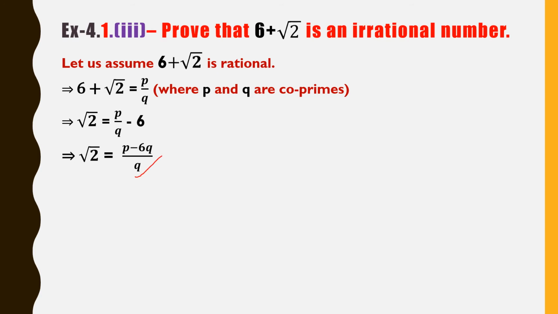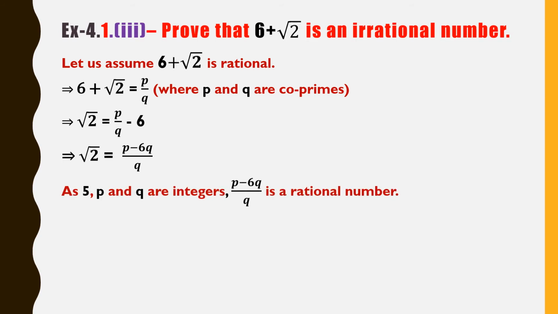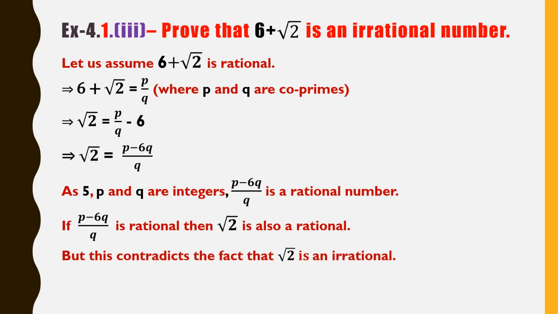Now we can say these three are integers. When these three are integers, this will be a rational. So it should be also rational. Same steps. If you are perfect with one problem, the related problem is also with the same steps only. Okay. So it is also a rational number, but this contradicts the fact that it is an irrational. So we can write this, whatever question is there, that one as irrational number. Okay. So let us go to the next type.